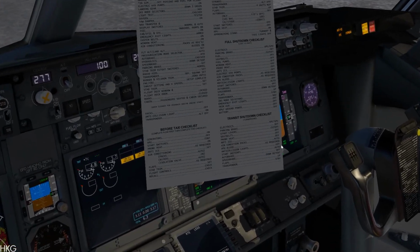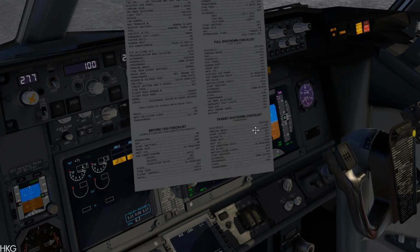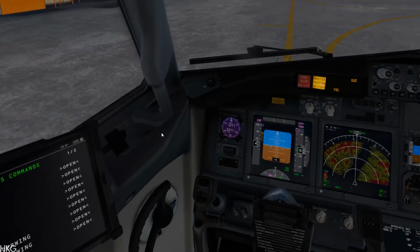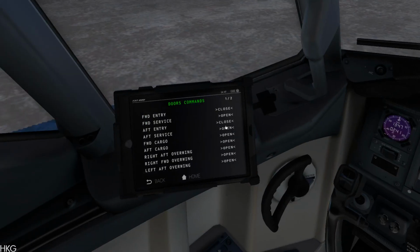On transit shutdown checklist, electric GPU primary set, lights go off, seatbelt signs off, probably off, anti-ice off, air conditioning packs also APU bleeds, not on, anti-collision light is off, SATCOM switch is also off, autobrakes off, speedbrake stowed in detent, flaps are up and transponder is standby. Transit shutdown checklist completed. So, open,